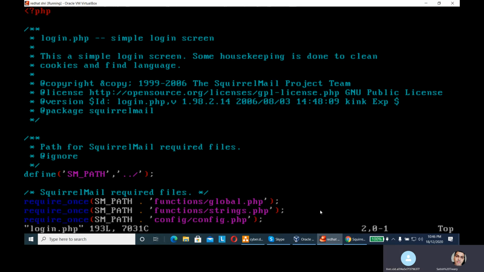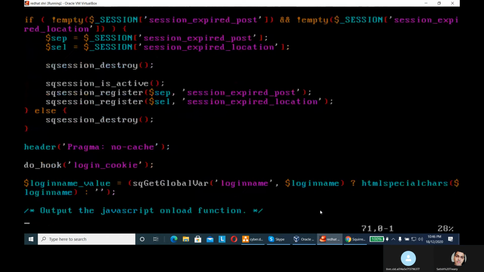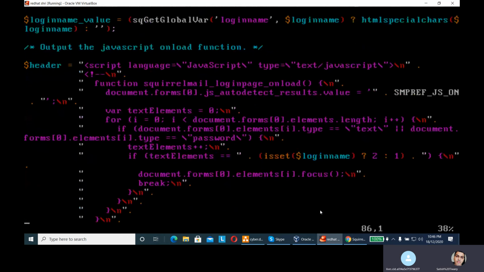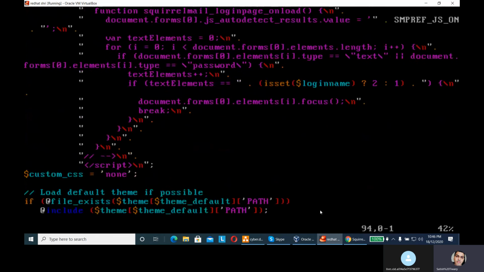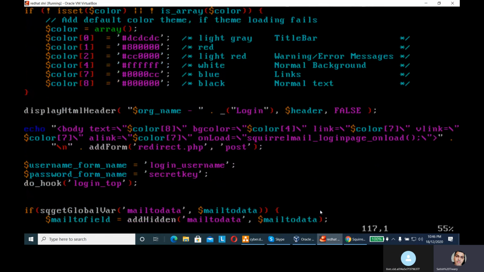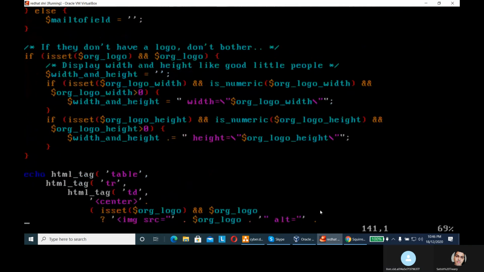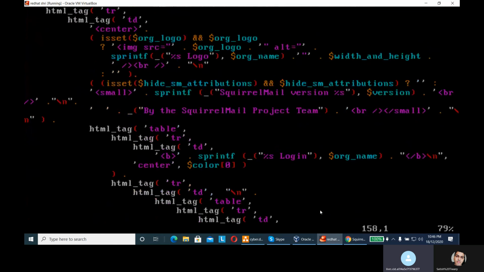Here you can go and change according to your need. I'm just going to change something only, not the complete page. You can see this content has been written by the Squirrel Mail project team.